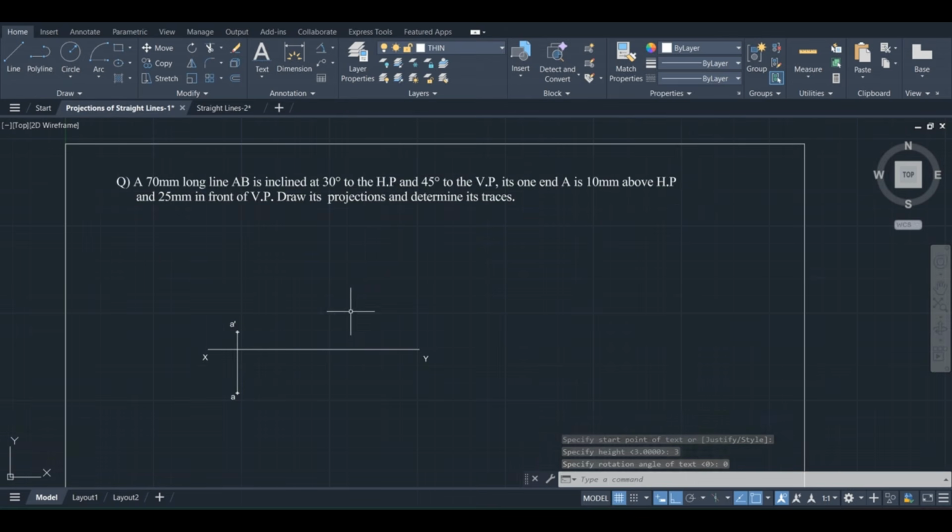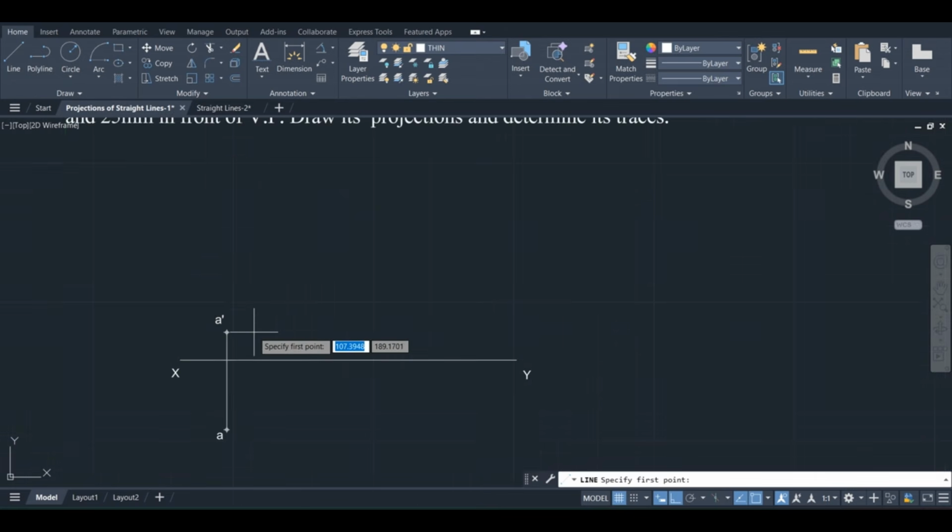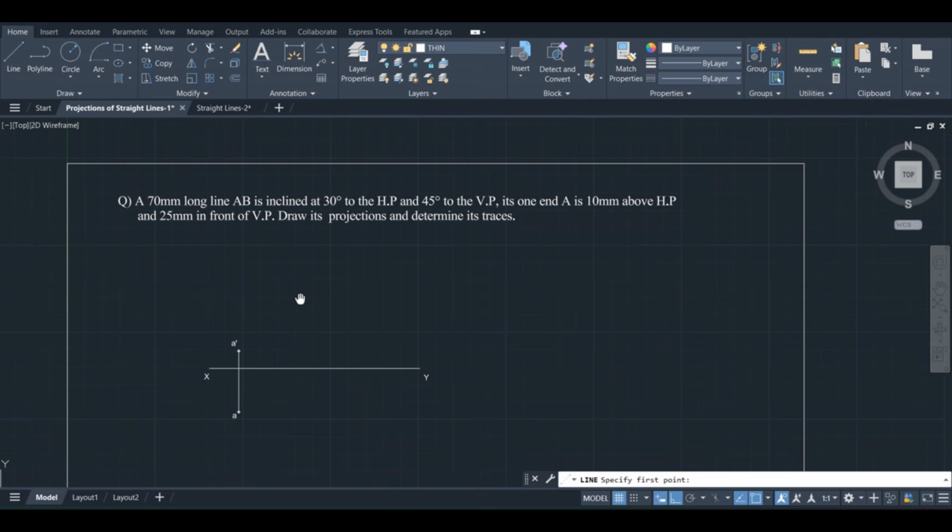Now take a line, draw the line in front view. The length is equal to 70 mm and the inclination with respect to the HP is 30 degrees, that is theta. So select line from the point A dash, draw a line, switch off the ortho mode here. The length of the line is 70 mm.